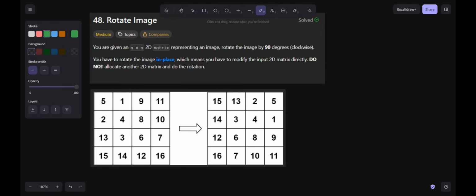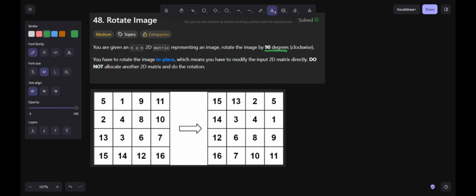So what we can observe is that whenever we rotate by 90 degrees, if we are rotating a row, then that row becomes a column. If we are rotating a column, that column becomes a row.